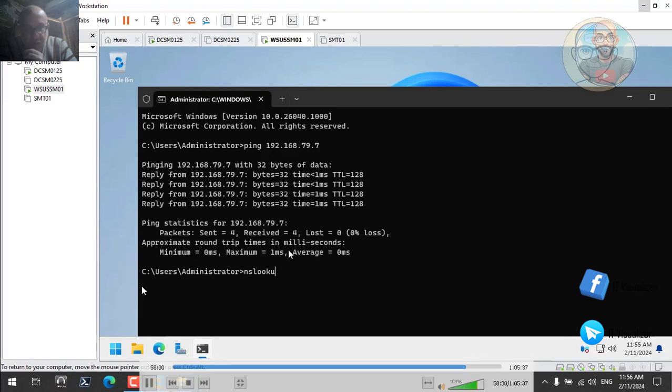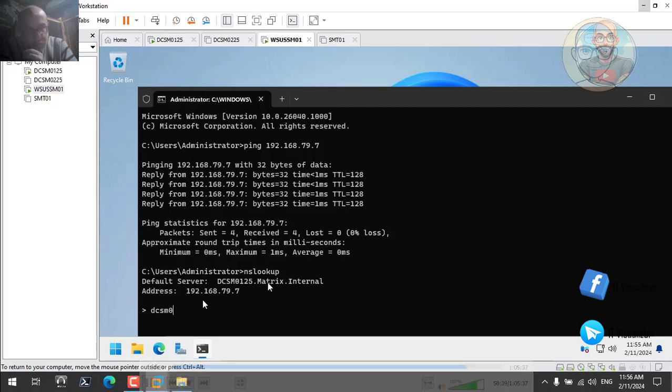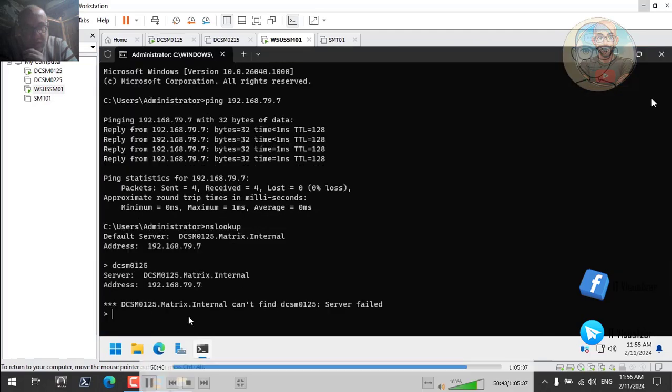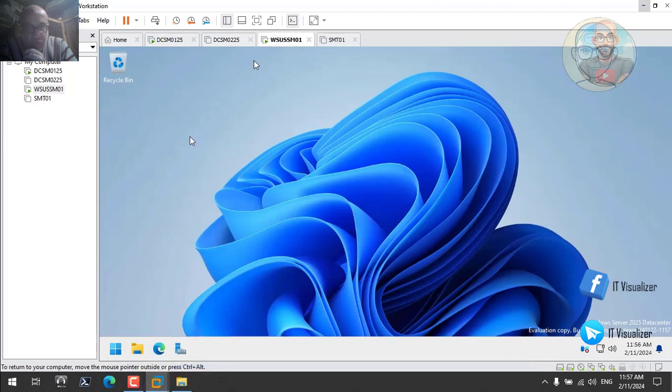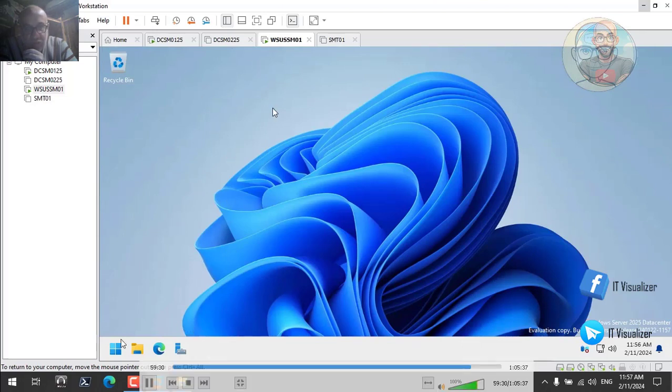I don't know. I think maybe I need to flush the DNS. So I give it the name of the server. It should reply, but here it says it can't find this server. Anyway, so I try to do this a couple of times, but I think this maybe because I need to flush the DNS anyway. So I have closed, and then I will open the server manager and join this server